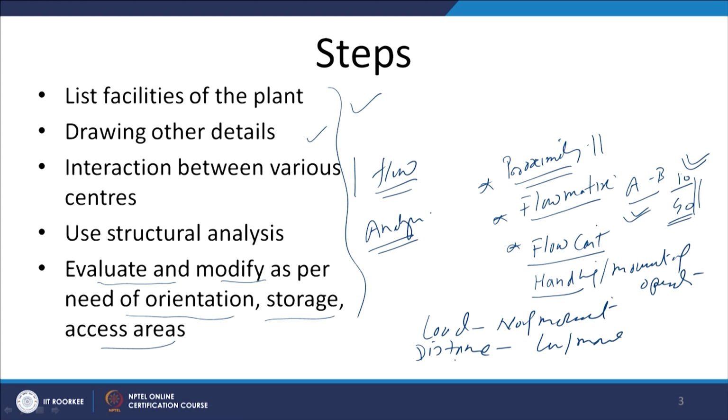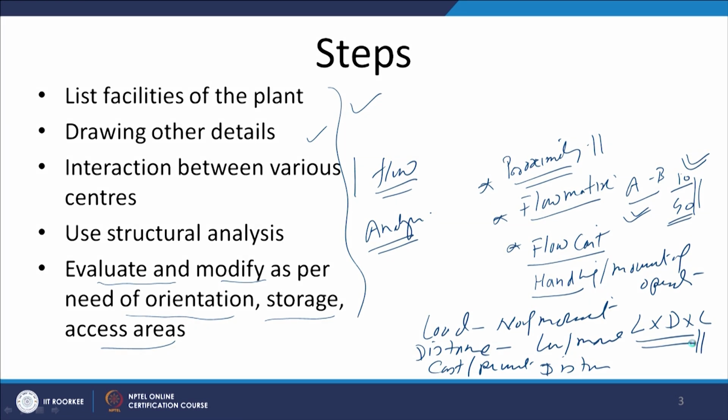And then the third aspect here is the cost per unit distance. So, these three things are considered. What we will be doing is multiplying the load, the distance, and the cost, these three things, to optimize and see what kind of cost will occur if the facilities are arranged in a particular fashion.